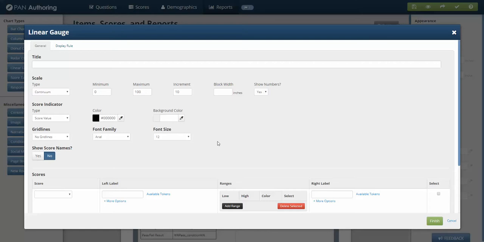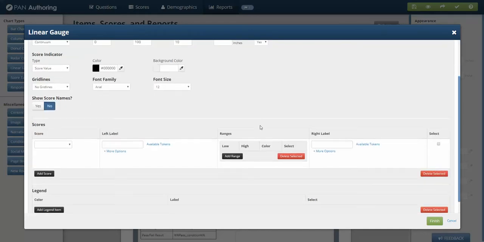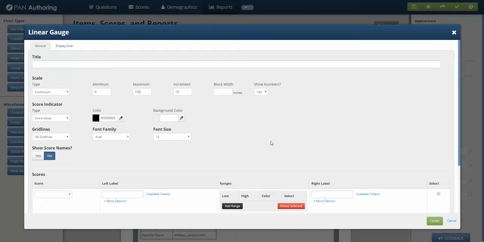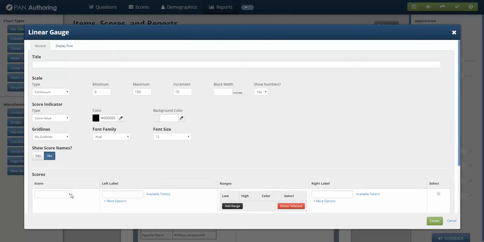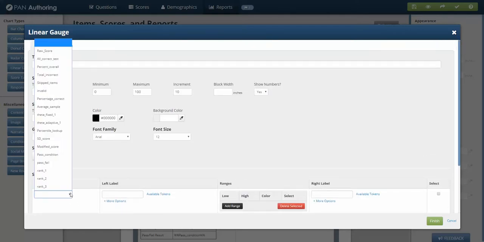Just like a gauge in your car might determine how hot something is, a linear gauge can do that as well. Another use for a linear gauge may be I'm more like a bird than a fish. So you have two ends on a spectrum or a continuum, and there is a scale that tells you which one you're closer to. I'll demonstrate both of these with a single graph, and I'll remove the continuum concept. So to begin with the linear gauge, the first thing you want to do,